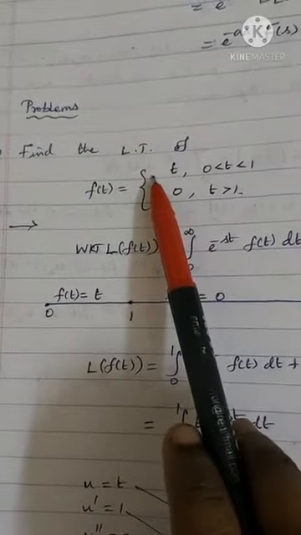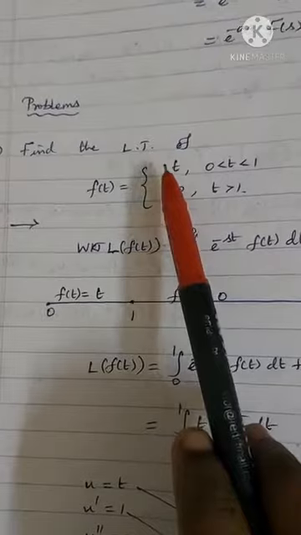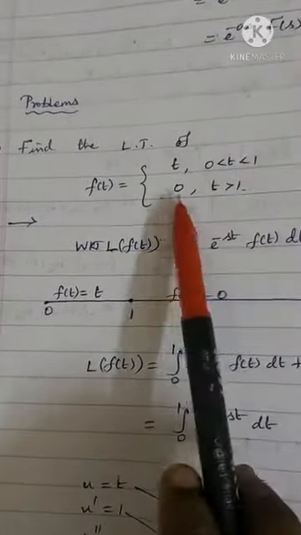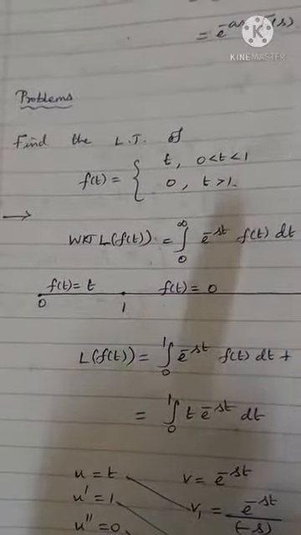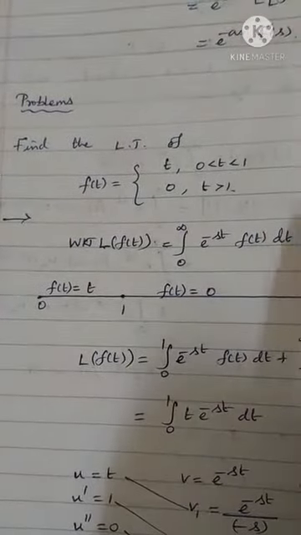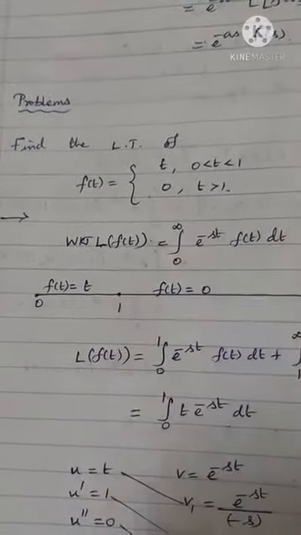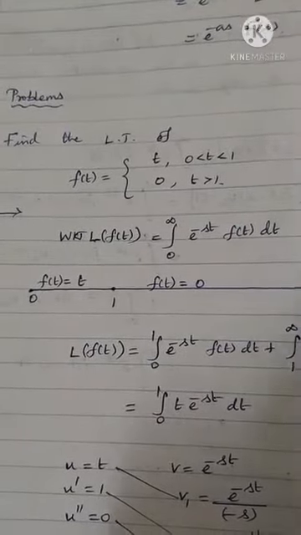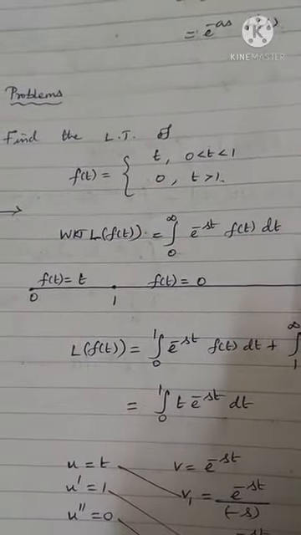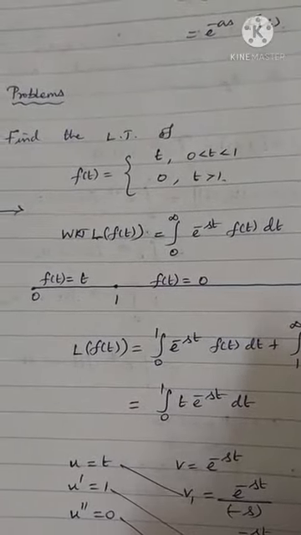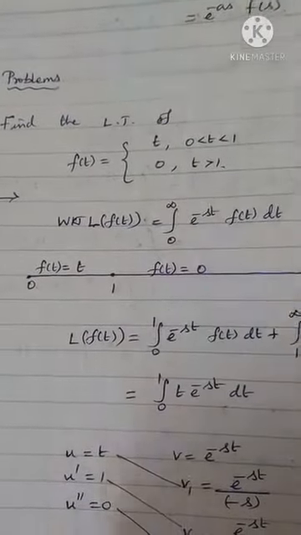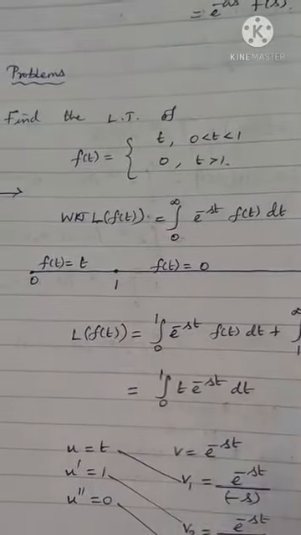From the beginning, after definition, properties. In properties, linearity property, first shifting property, change of scale property. Linearity property we often use, right? L of first function plus second function is L of first function plus L of second function. L of some constant into function is constant into L of function. Those are linearity property. And change of scale property, we have not used in any problems, and you need not worry about using change of scale for the problem.